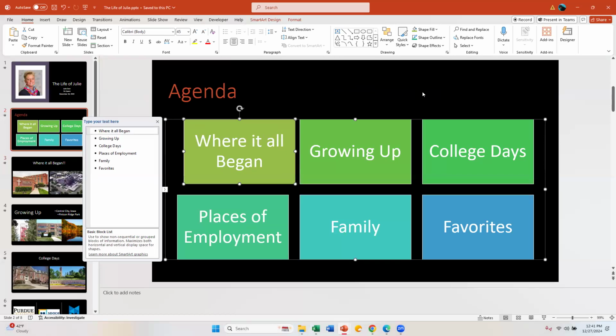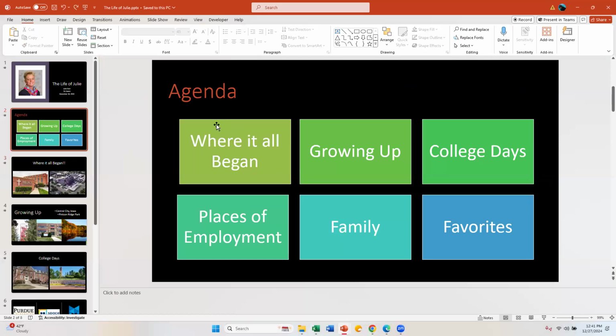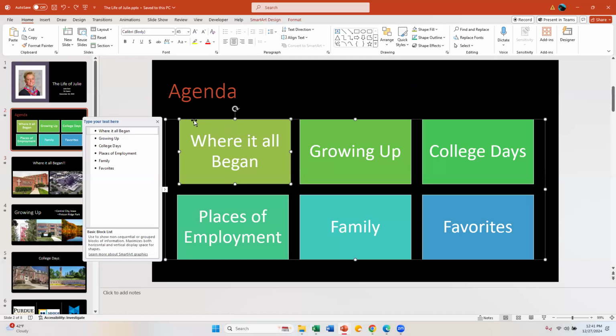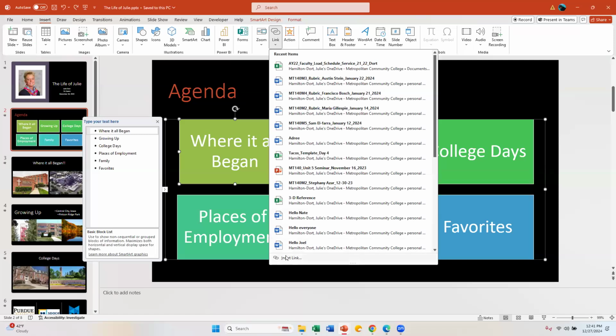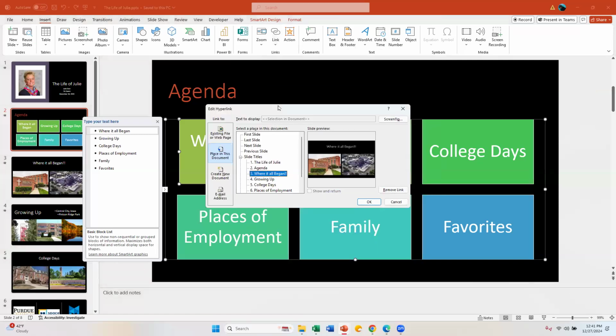insert links. So what I'm going to do is I'm going to select my first slide, or that's where it all began. And I'm going to go to the insert ribbon, and I'm going to go to link, and I'm going to come down here to insert link. Now,